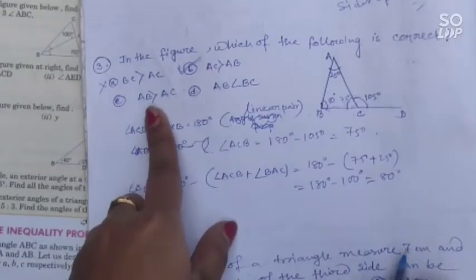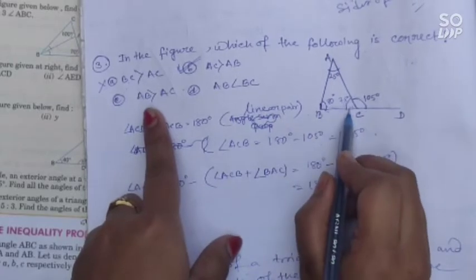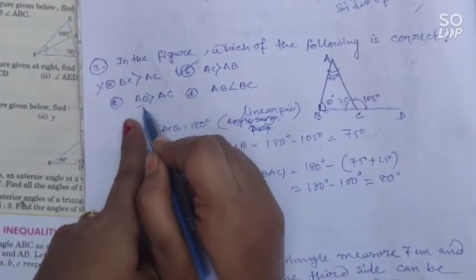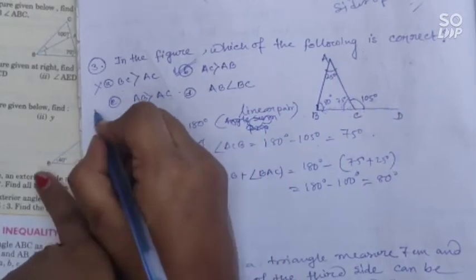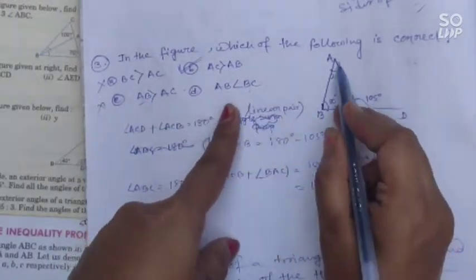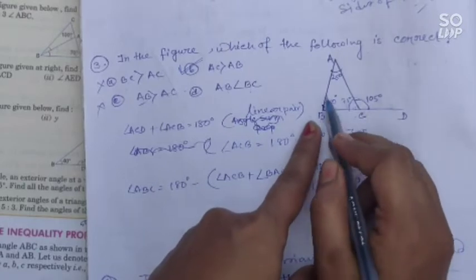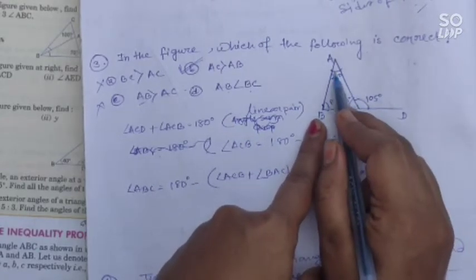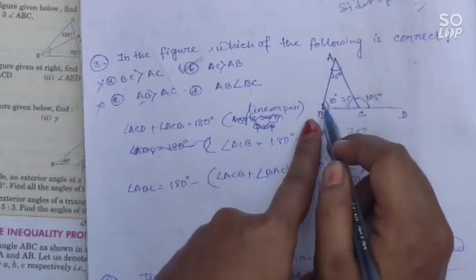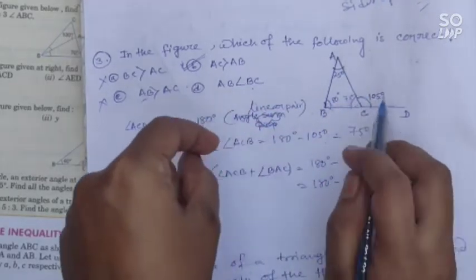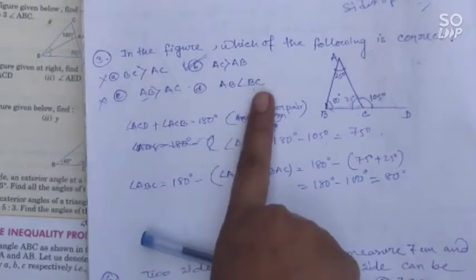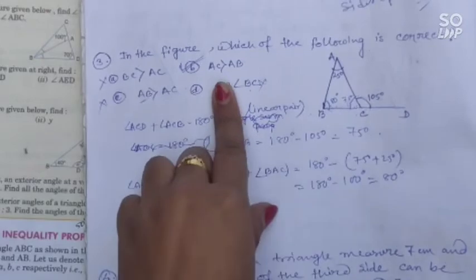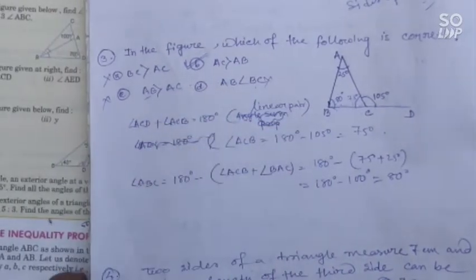Next, AB greater than AC। AB এর অপোজিট সাইডটা AC এর অপোজিট সাইড থেকে তো ছোট, তাহলে AB টা তো ছোট হবে। AB is less than AC হবে। So this option is not correct. AB less than BC। AB আর BC এর মধ্যে রিলেশন, তাহলে AB এর অপোজিট অ্যাঙ্গেল 75 ডিগ্রি, BC এর অপোজিট অ্যাঙ্গেল 25 ডিগ্রি। তাহলে আমাদের AB is greater than BC, but here it is given AB is less than BC, so this option is not correct. So AC greater than AB, this will be the correct option.